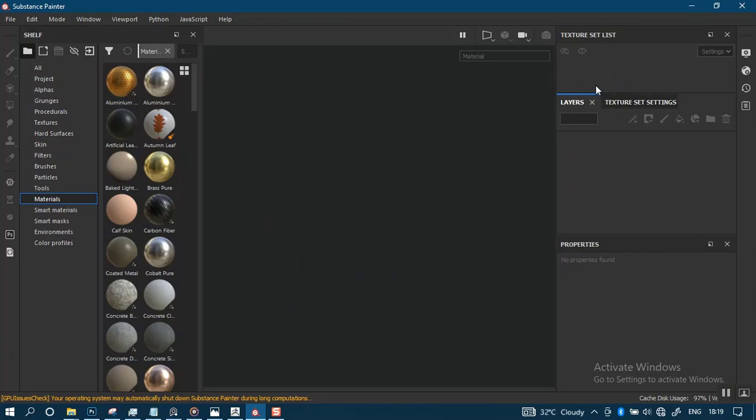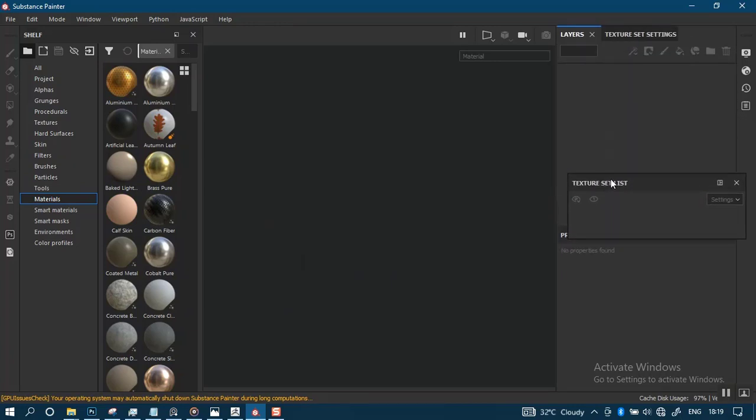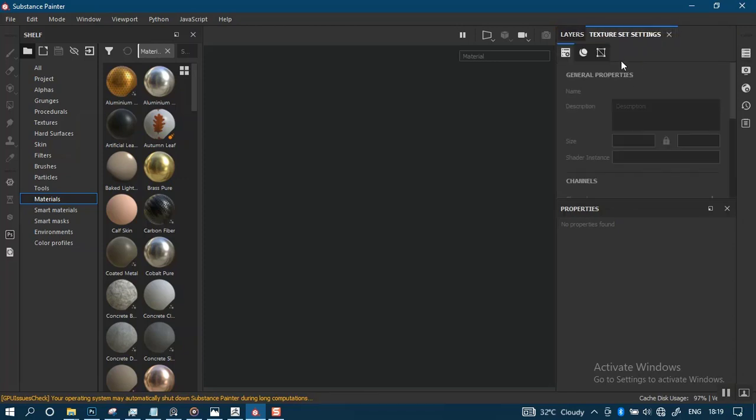Then this should be the texture set list. Layer should be here. I don't think I have it. Let me just collapse this for now. Texture set. I think this is here. This is pretty much how I use